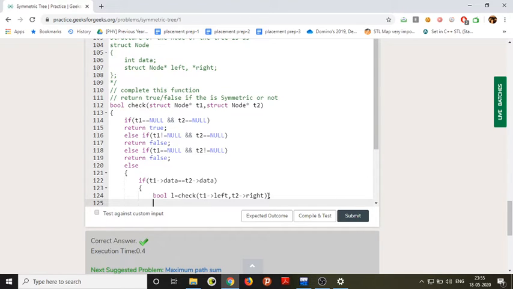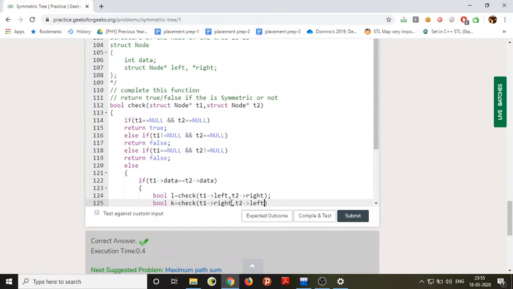And also bool K, check t1 star right with t2 left.